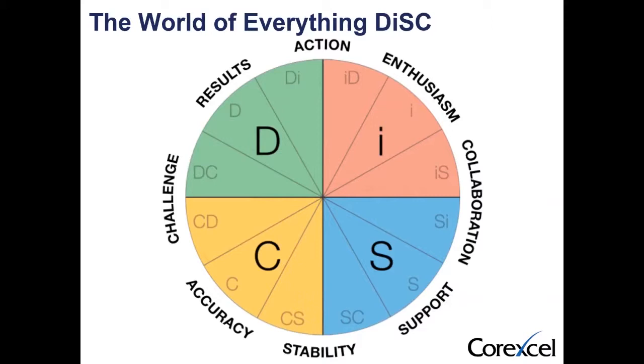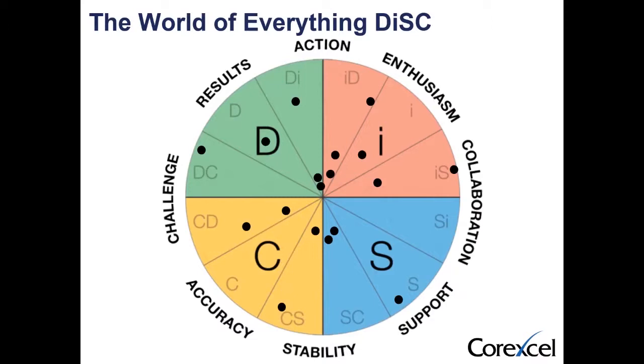Many people aren't just a straight style, for example, a straight S. You can see in that S quadrant, there are people that have a secondary style of SC or Si. Participants can have a dot location anywhere. Sometimes people think that, gosh, all S's are the same, all people that live in the C quadrant are the same. Well, they're really not. It really depends on specifically where your dot location is on that scale, because again, there are 80 items that each person is answering, so there are a lot of variations within those questions that can be answered.